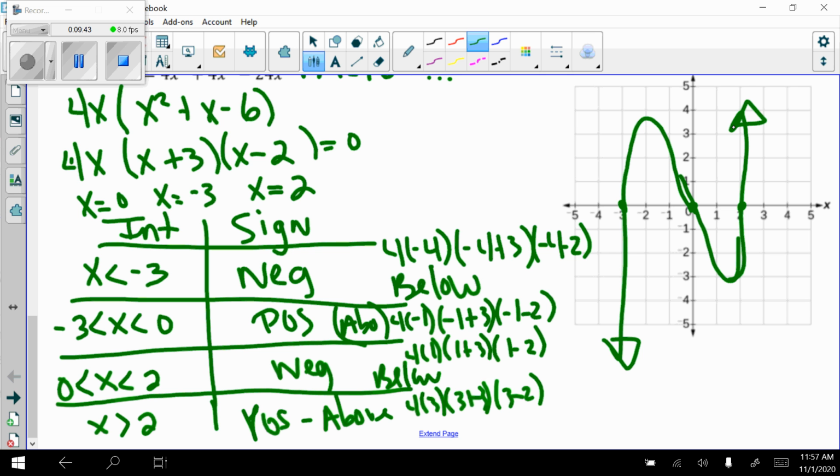There is a rough sketch of our graph. Again, our end behavior was a down and up. All right, we're going to do one more example like this. So on the next page of our notes,